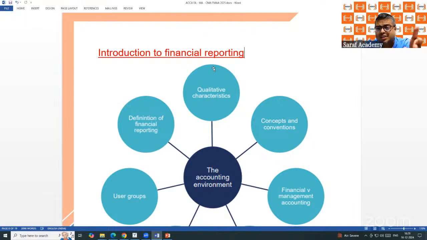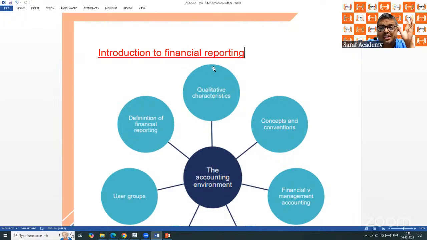We are saying, as we discussed in the beginning, the syllabus: financial accounting and management accounting are different. Financial accounting is talking about the past. Financial accounting is prepared based on rules and guidelines, based on IFRS, US GAAP, Indian accounting standards. Every country has its own accounting. Financial accounting is a public document. It is available to the public, who can refer to it and take their decisions based on that.